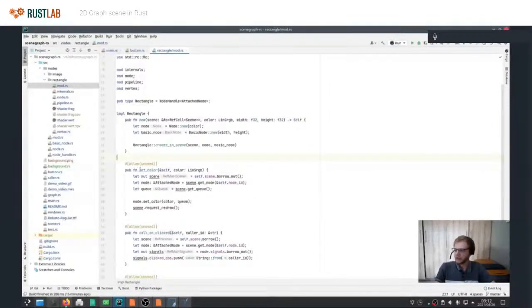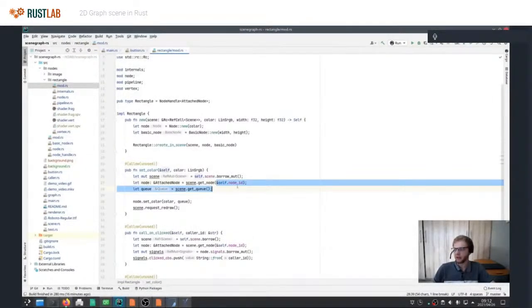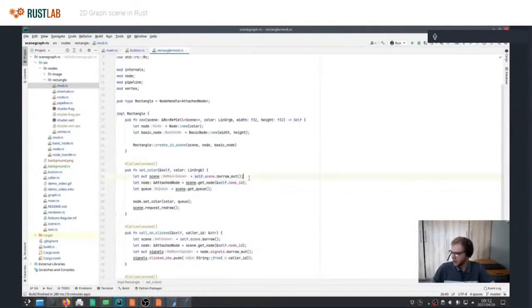Whenever you want to set the color of a node, each node also needs to keep a reference to the scene graph. We'll get into why it uses the ID a bit later; I've got a slide about that.